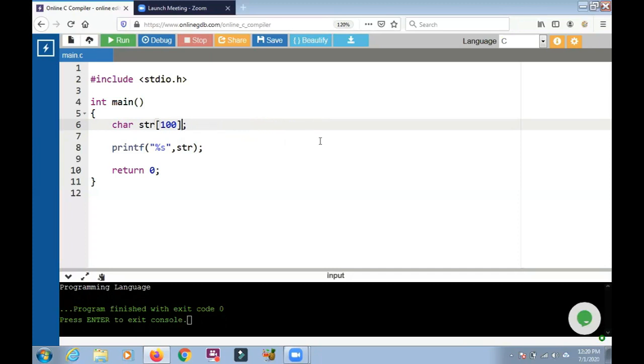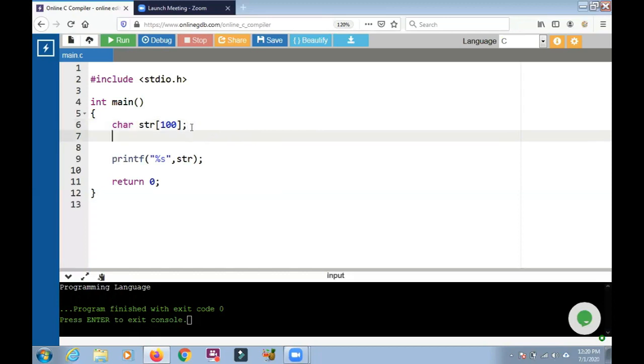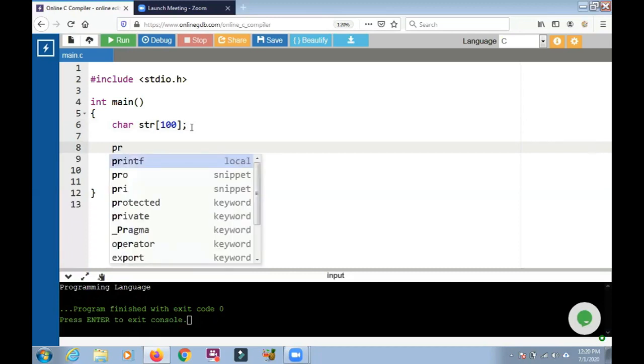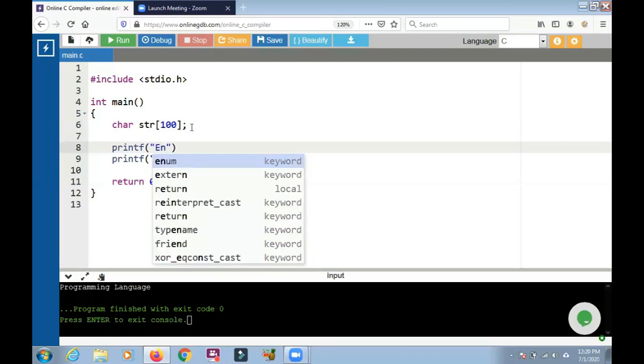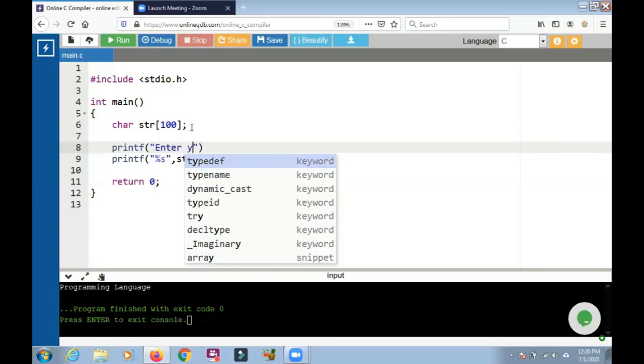So after having said this, I don't want to initialize the string here. Now I want to read the string from the user. For that I am taking the help of the scanf statement. Before using that scanf statement, I am using a printf statement to prompt the user for entering the string. I am using a prompt, enter your name.